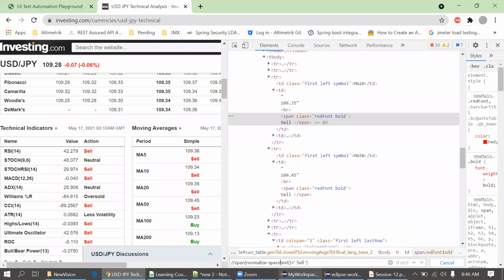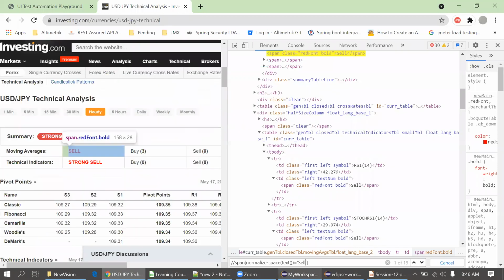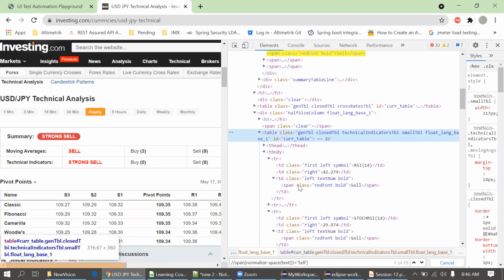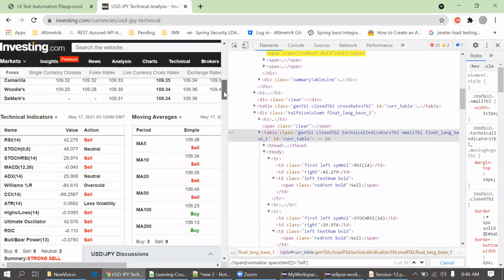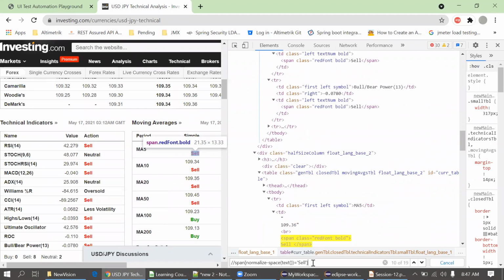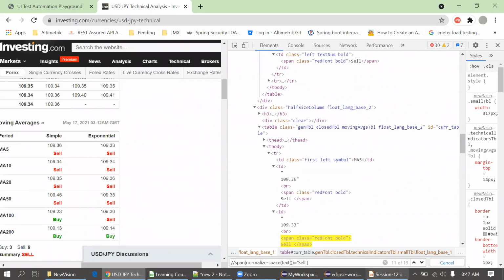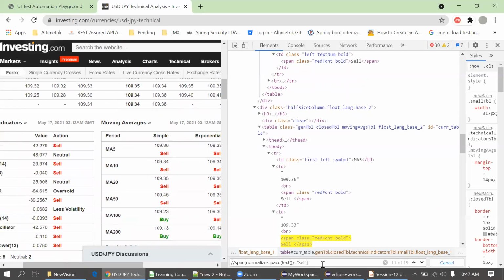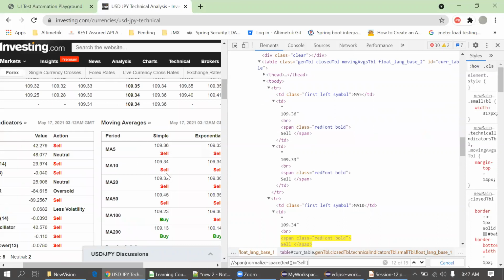Before the text, I will just put the normalized space and I will start with the curly, that round brace, start and end. And I will just remove the space from here. Okay, now I'm getting 19 elements. So I'll check if that element is covered in this part or not. Okay, this moving Avengers. Now you can see we are able to find that element. You can see from this table also we are getting the element now.